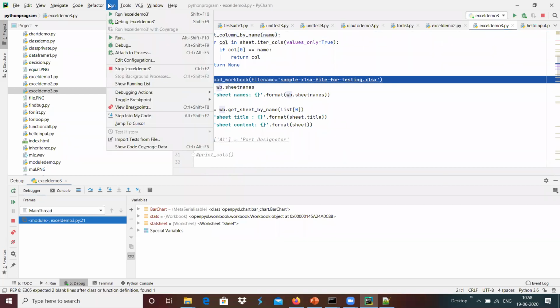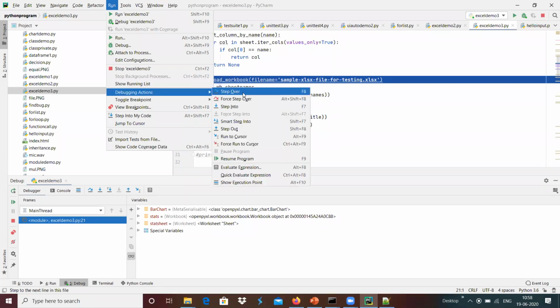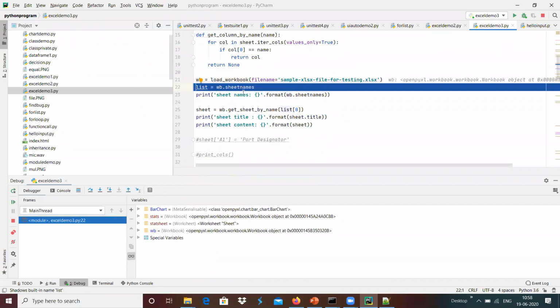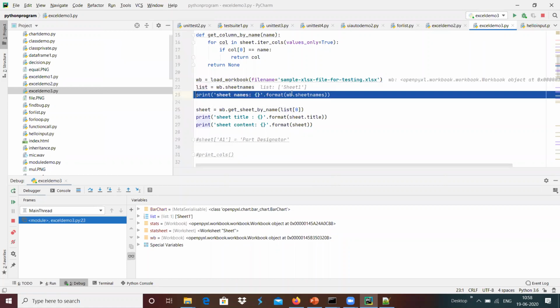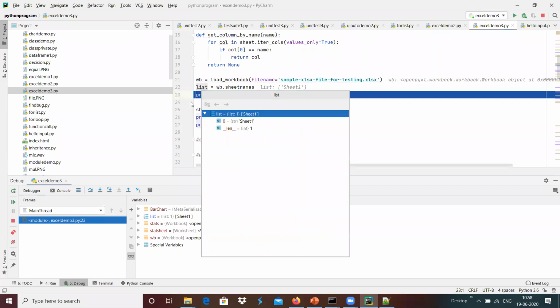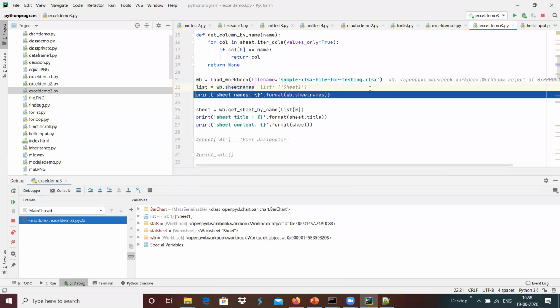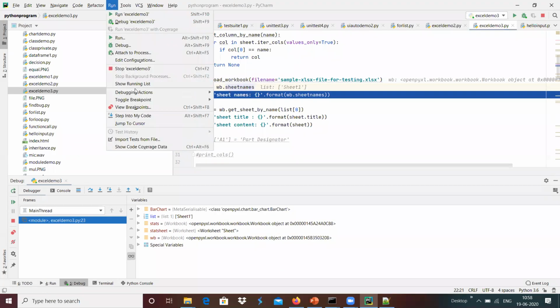And maybe now I'm going to run the step over here, which basically loads that complete sample XLS file into the workbook WB, and we get the sheet names over here. And once we get the sheet names, whenever we put a cursor over here, we will get the respective outputs. It has one length and one sheet. Sheet one is the one it contains. And then I'm going to execute the step